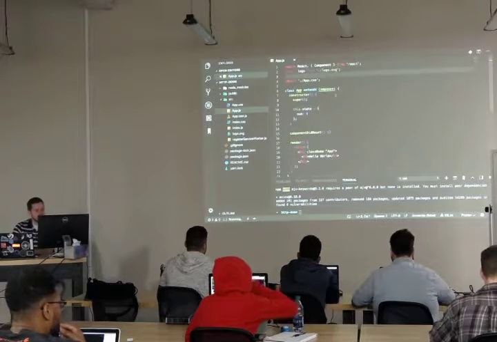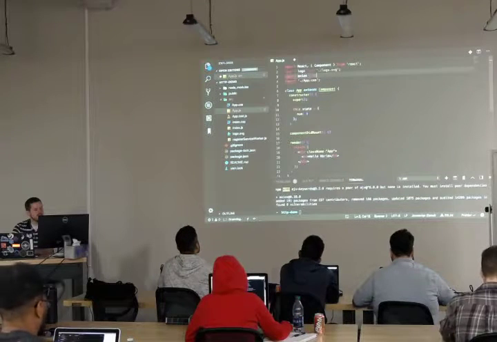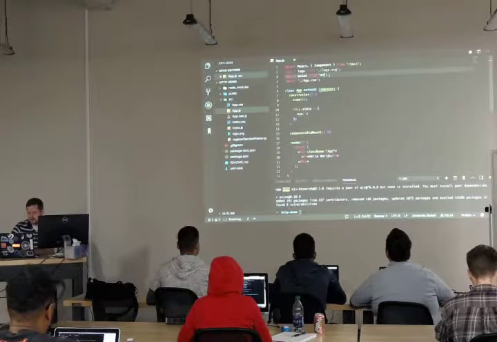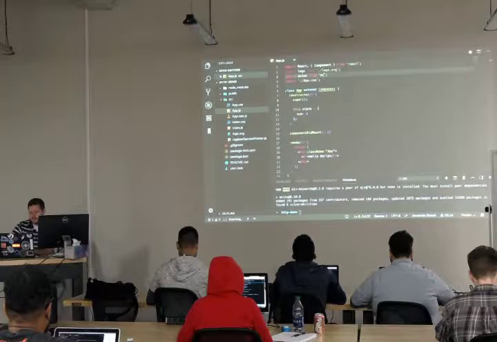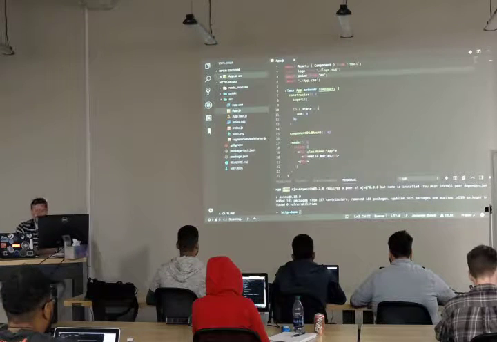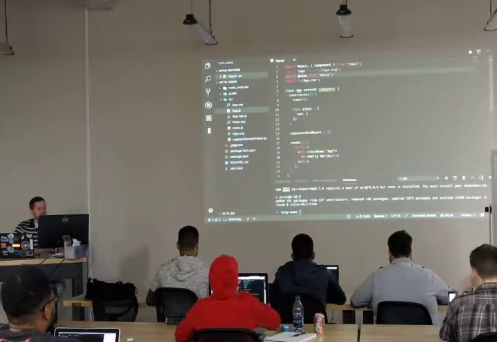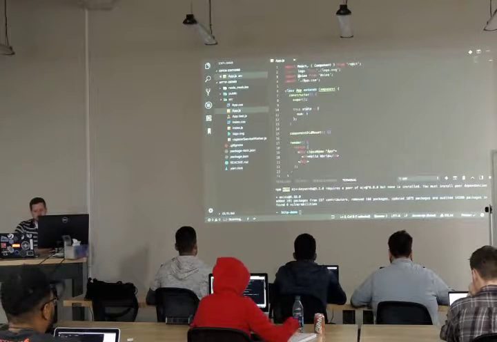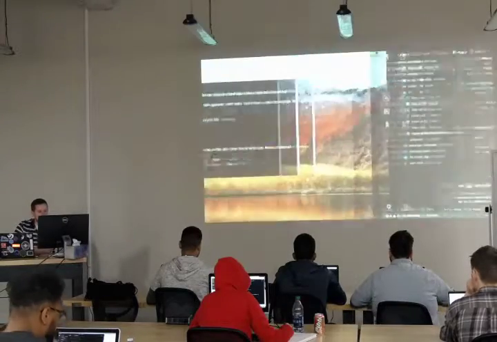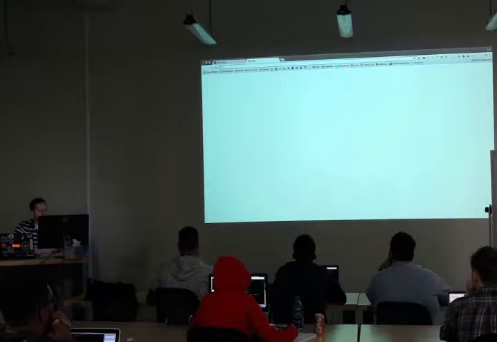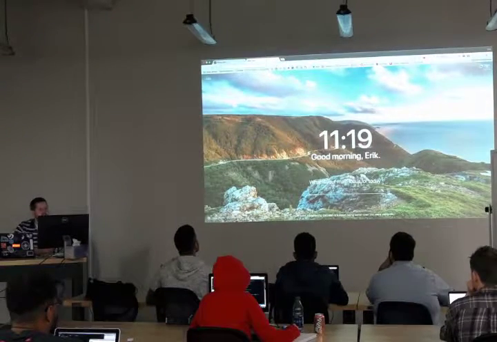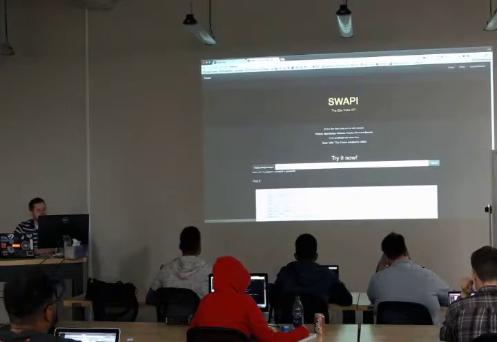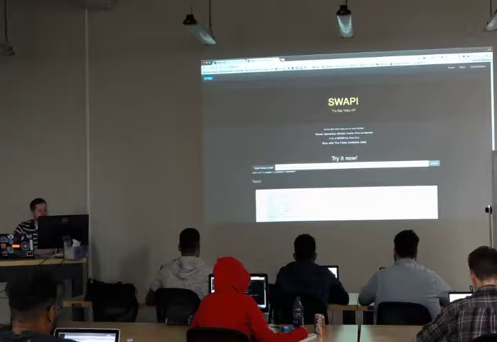Okay, so we want to import Axios. So we're going to say import axios from 'axios'. Remember we're not putting a capital here. This is not a component that we're bringing in. Okay, and then we're going to use the SWAPI, so Star Wars API. If you go to swapi.co, not .com, so swapi.co,